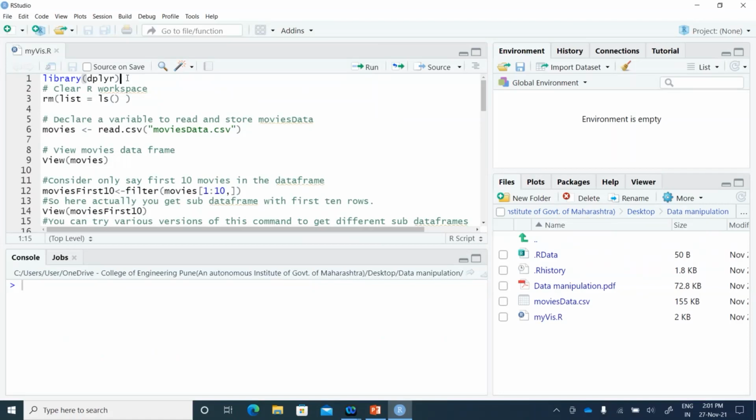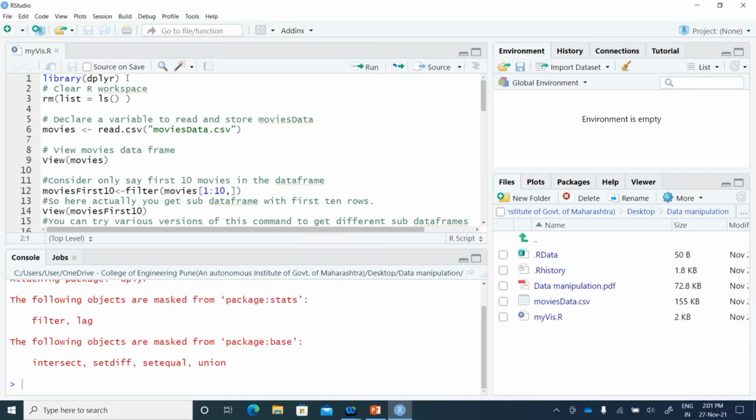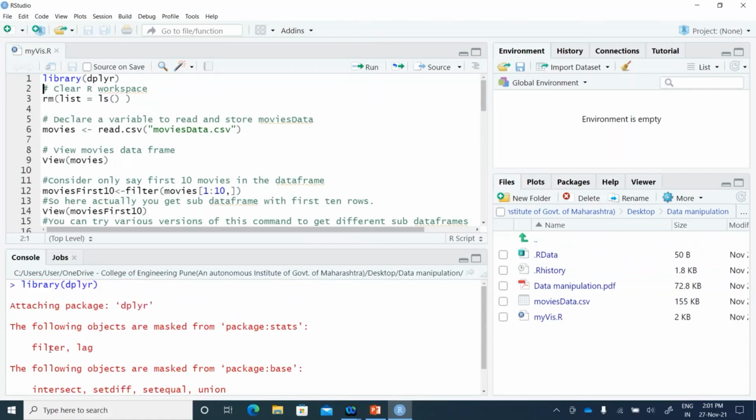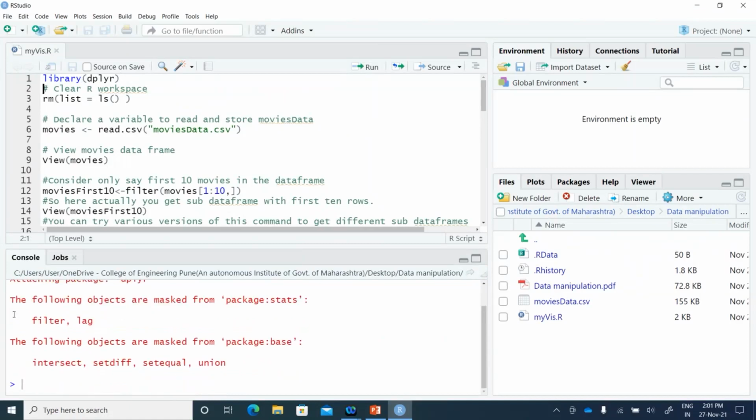All right. So let me run the first line, library of dplyr, by using Control Enter. So now, as you can see in the console, attaching package dplyr, following objects are masked: filter, lag, and some more objects they have mentioned over here.